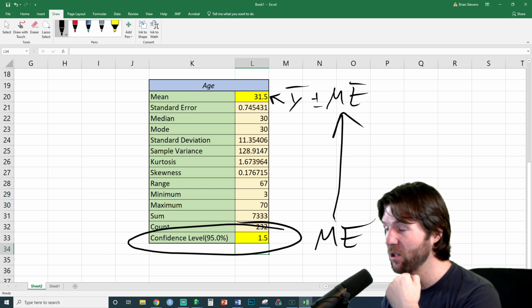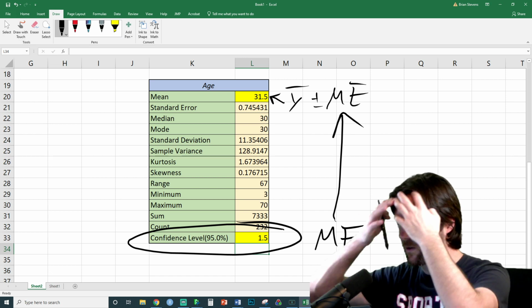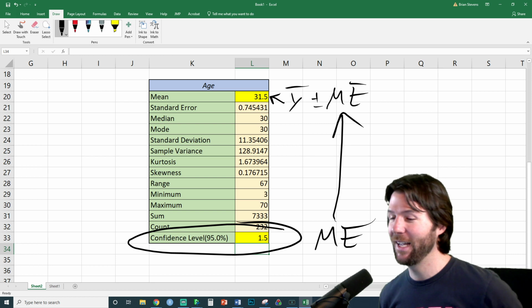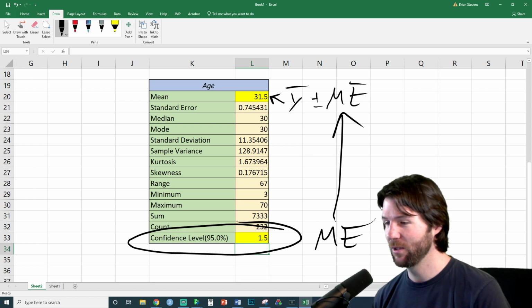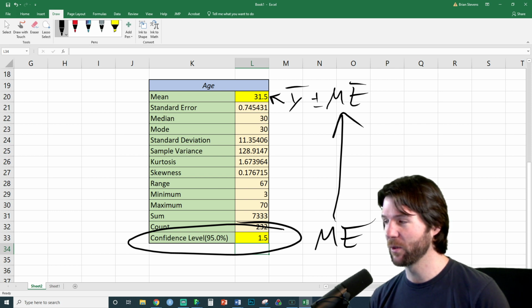If you're watching the video, make sure you're solving it right now. You should be able to solve this. I always encourage people to pause the video and figure out this confidence interval. You should know it pretty quickly. Give another 10 seconds here, see if they know it. This confidence interval goes from 30 to...